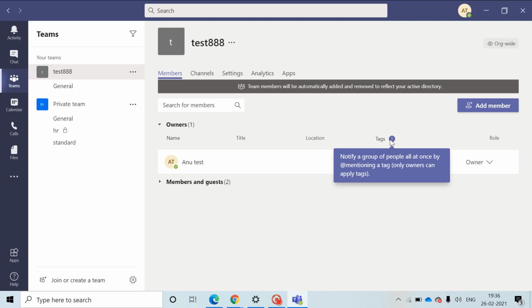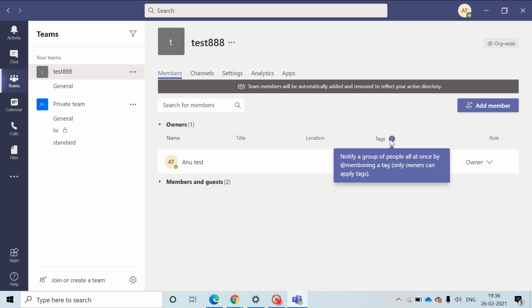So for example, as I said in the previous video about what a mention is and how you mention different people, I want to mention A, B, C, D, four different people. I cannot keep on mentioning @A, @B, @C, @D individually, right? That means it's a little bit more work for me. So instead of doing that, I will create a tag. That is, I will create one group of 4 people.